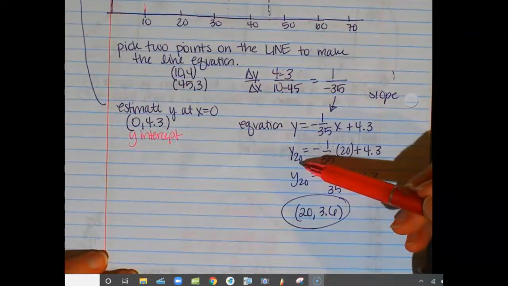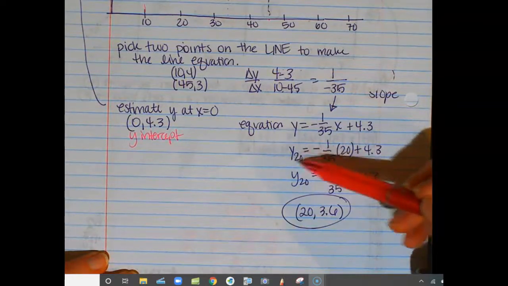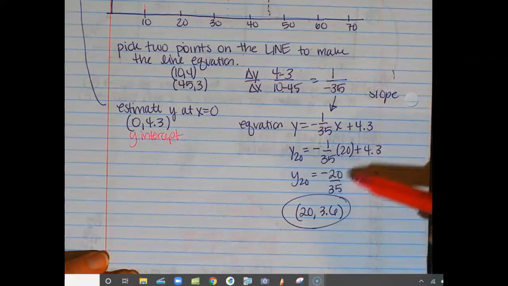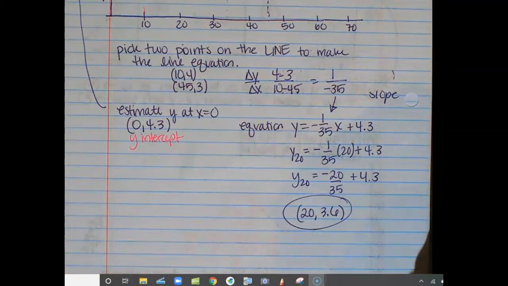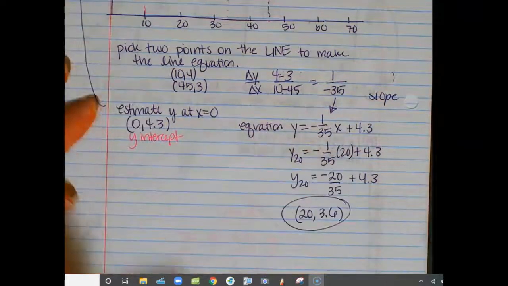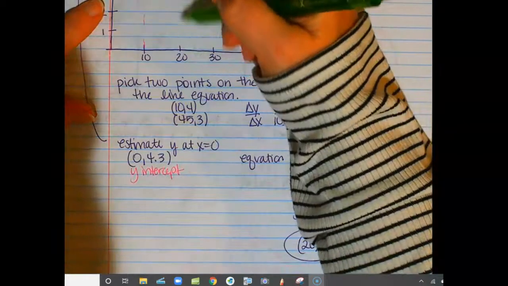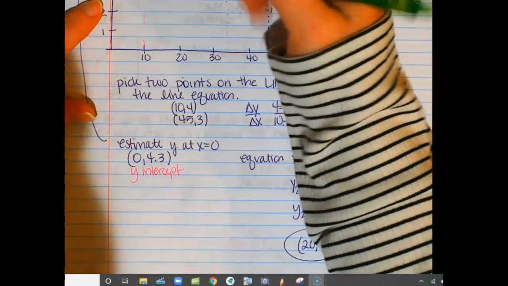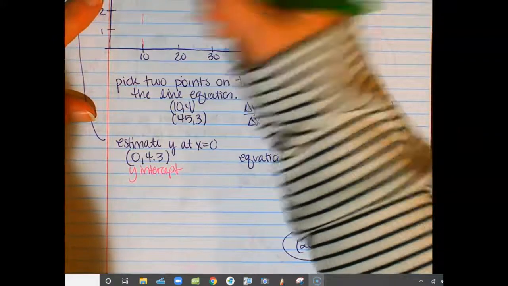So this little notation is similar to the function notation, but it tells everybody, hey, this is what happens when I plug in 20. So we call that y sub 20. I plugged in 20 and I got this, and I threw it in my calculator and got 20, 3.6. Now 20 is actually on this graph. So 20, if I go back and look at that, 20 on my line is here, and that's probably a pretty good estimate. So it would be about